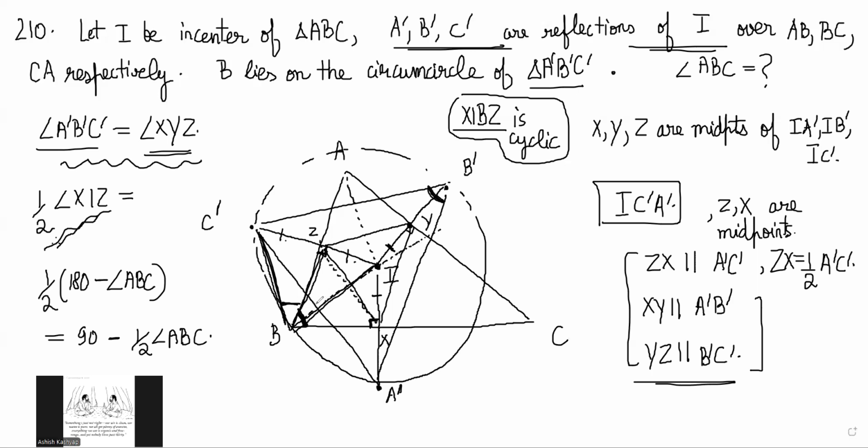Why ZBI? Because C'BZ is congruent to BIZ: this is 90 degrees, this is the midpoint, 90 degrees and 90 degrees, and this is a common side. So we know that angle C'BZ is equal to angle ZBI, and ZBI